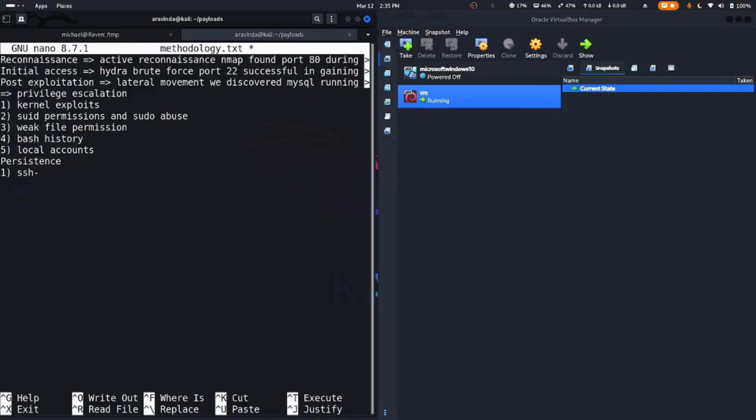And the first persistence technique is SSH keys and creating a local user. And the third persistence technique is adding or creating a cron job. And the fourth, which we'll be seeing, is